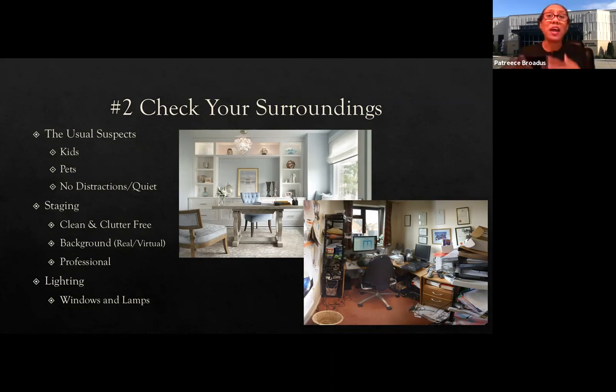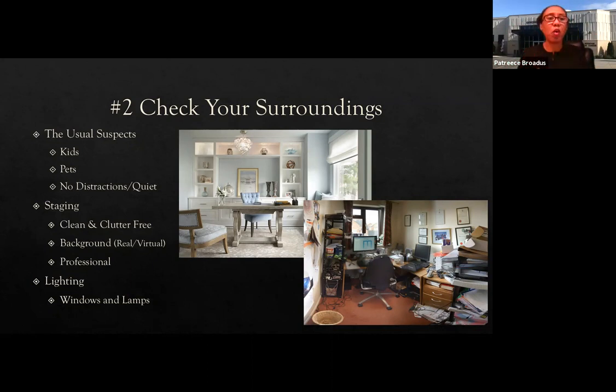Even if something is going on, now, obviously, if the fire alarm is going off, you might have to take a break then. I actually had one person tell me about how she was conducting an interview and she actually went into labor. That would be really interesting and intriguing. So other than going into labor or having a fire alarm, generally you should be able to get your kids and the pets, etc. away. Hopefully, you have a spot where you can have a quiet area to yourself.